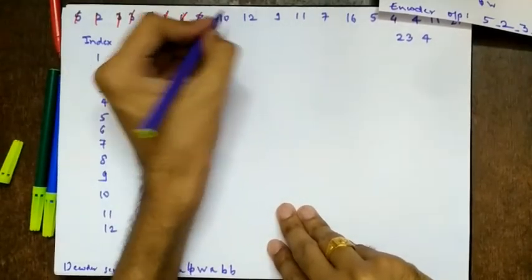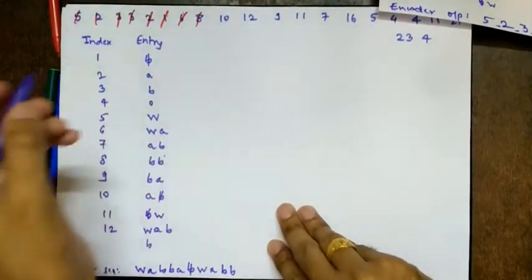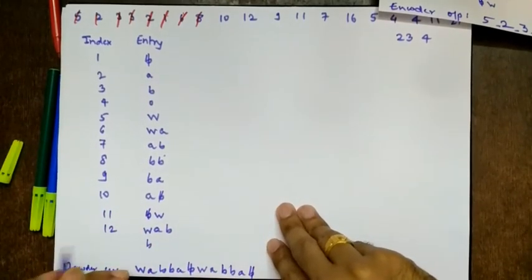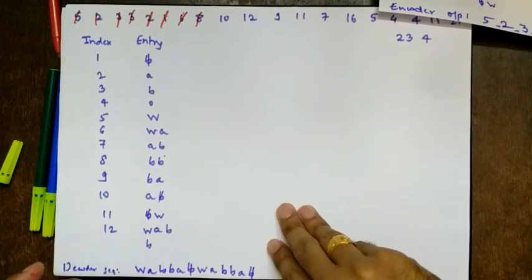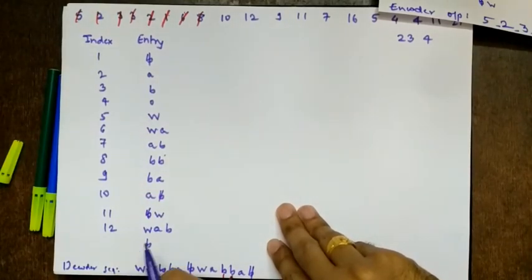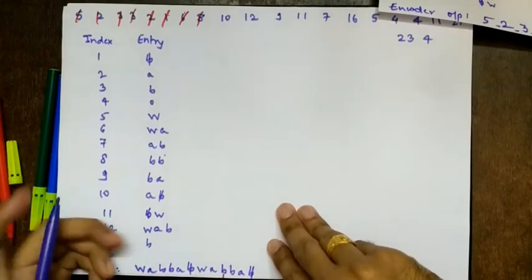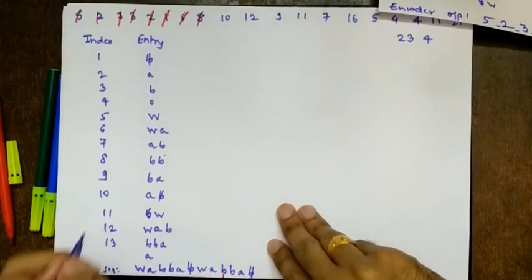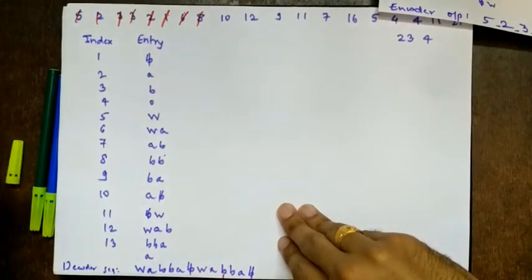So next we take 10. So 10 is A B bar. So A B bar, right? So we were at which B? First B. Remember we were at the first B, not the second B. Right? So then BB is again there. So BBA. Is BBA there? No. So we take it as the 13th entry. So BBA. Right? So again next what should come? A. So A B bar, it is there. So we'll not worry about it. We are done with 10.